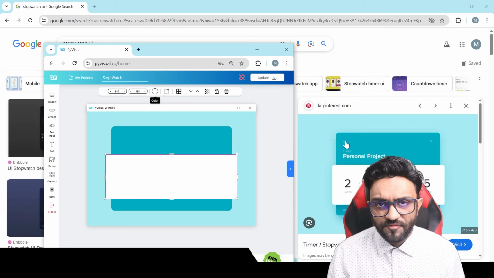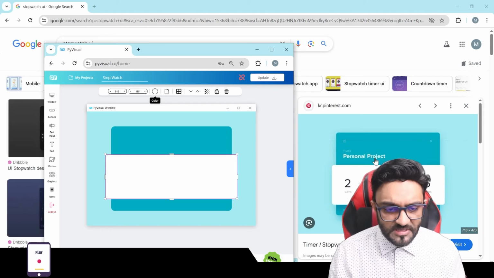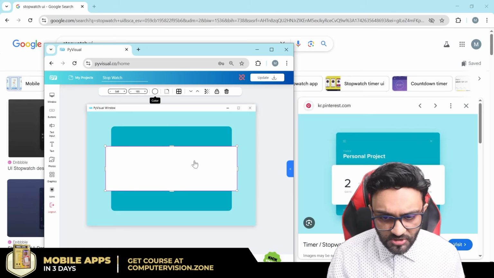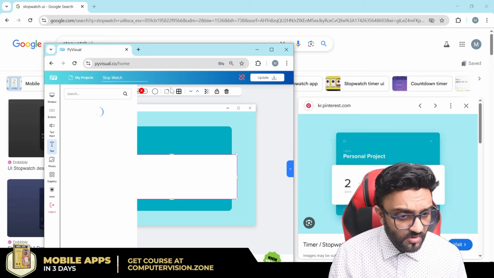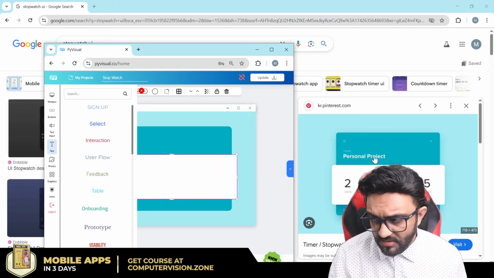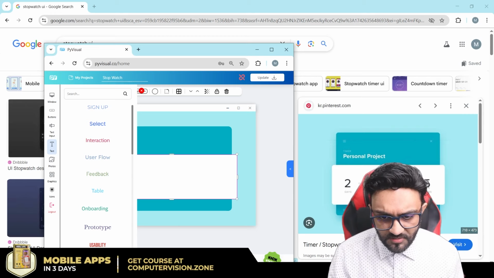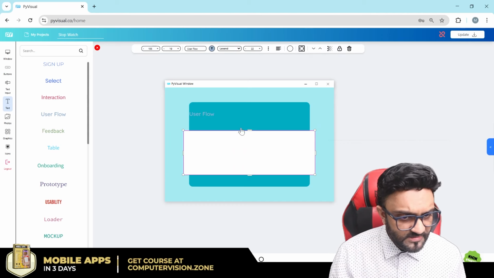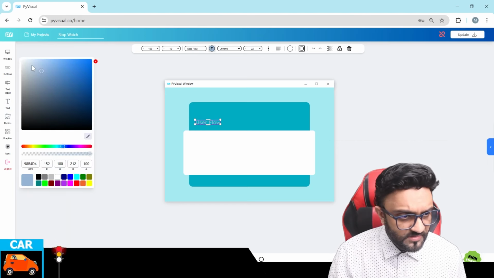We can put this for now, but we can skip it because we will add the very basic functionality so that we can understand how to add the logic as well. So we will keep it here, and then we need text. So we need a text here, and above that we need a little bit smaller text with a little bit different color, and then we need a text here. Then we need some text here as well. So we can select one of these texts that is similar, and here we can say that this is white